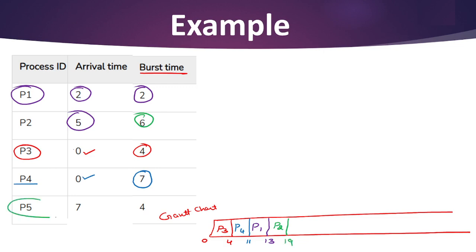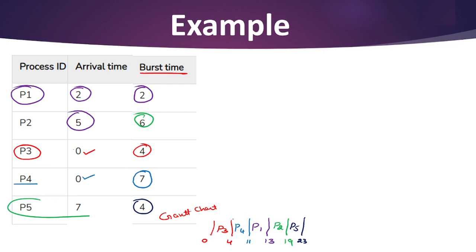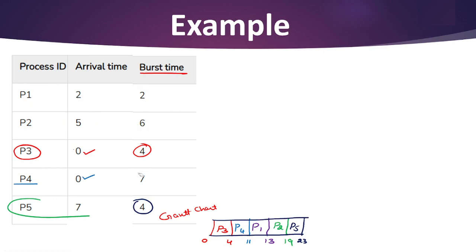And at last, we need to write process P5. Okay, we need to write the process P5 for 4 seconds or milliseconds, whatever is given in the question. So 19 plus 4 is 23. Okay, so I hope everything is clear till now. This is our Gantt chart. Correct? Now, one more important point you need to note here is,